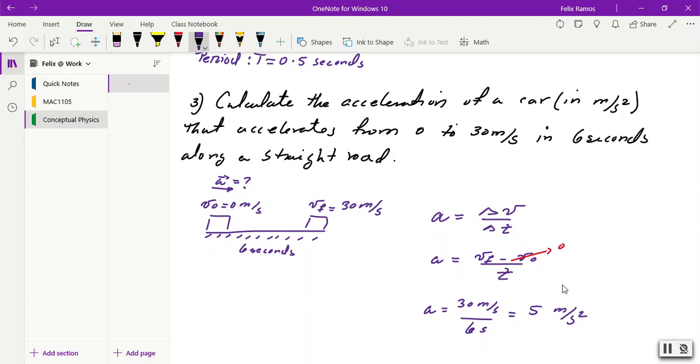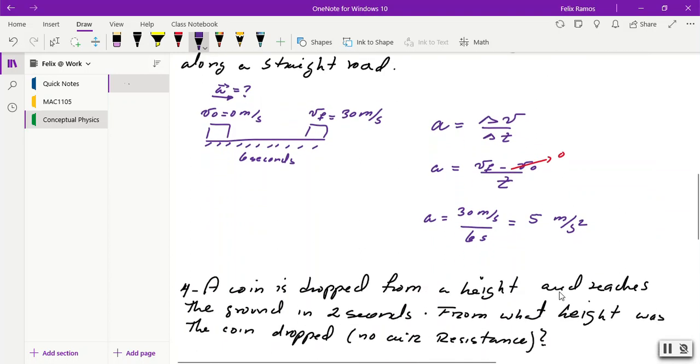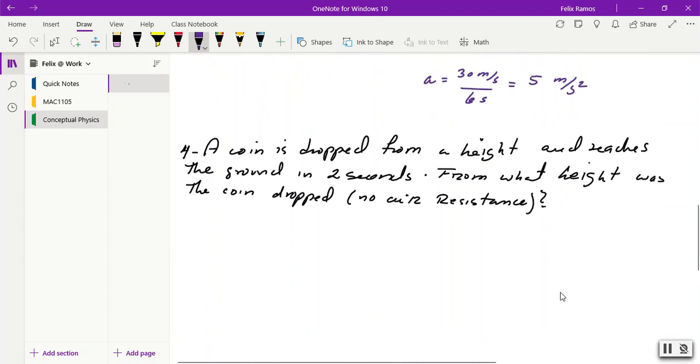We're solving a problem here where we have constant acceleration. In these problems, the acceleration is constant. We have one last problem. No, two more problems. Sorry. We have one more problem here